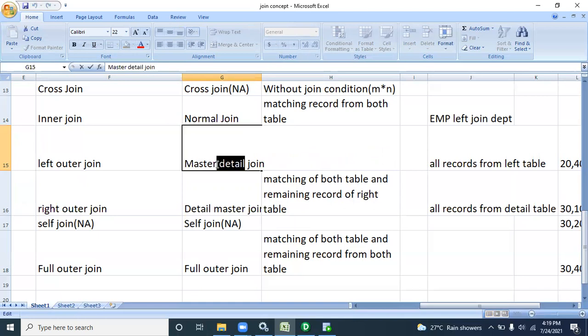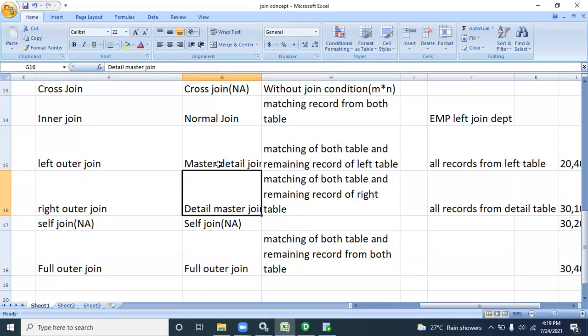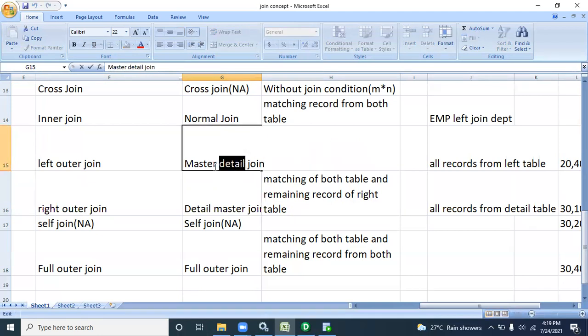Informatica works like this: you get all matching records from both tables and remaining records from the detail table, not master.